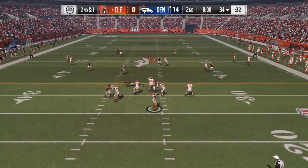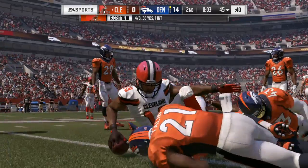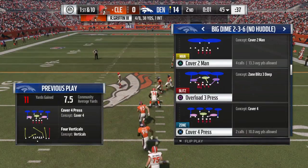On second down, here's Griffin. Over the middle, the catch by Coleman. And he's brought down. And they line up now for what will likely be the last play of the